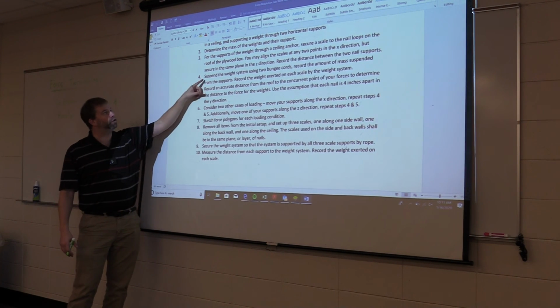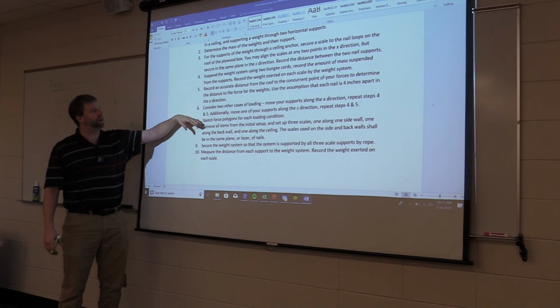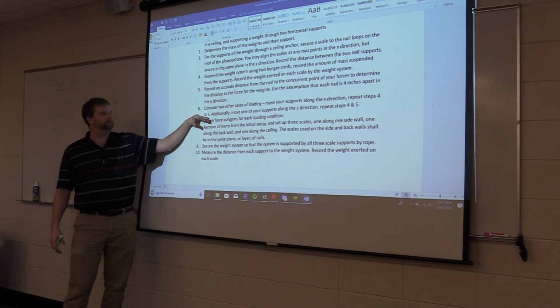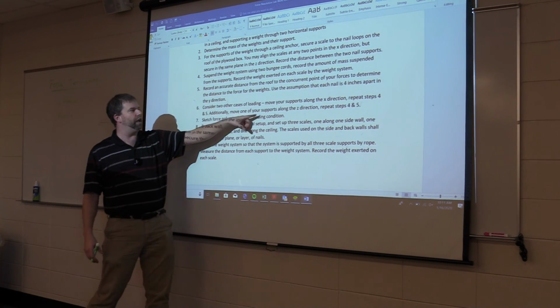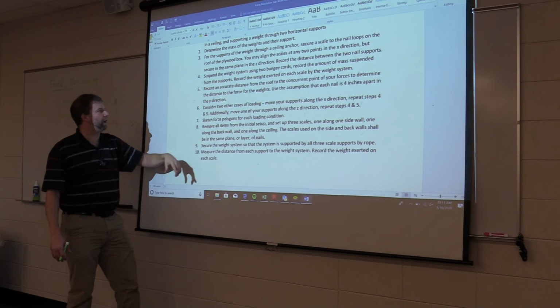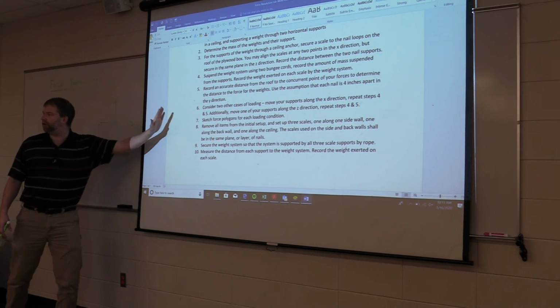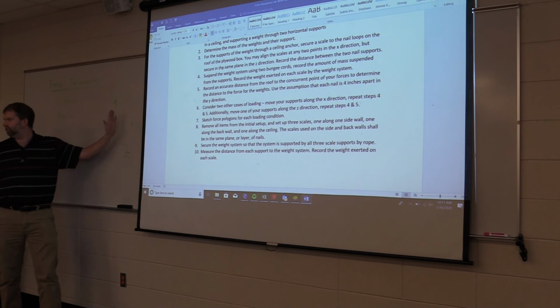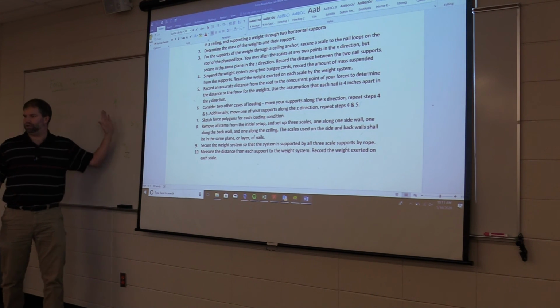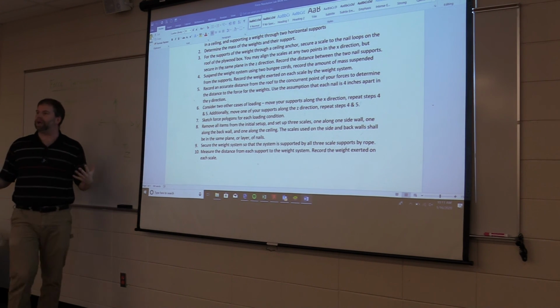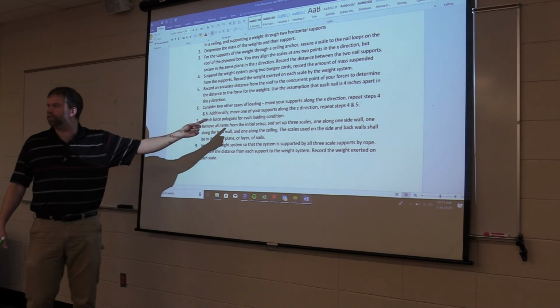And then after you do the first case that is described to you, you'll consider 2 other cases, okay? All you're going to do is move your supports along the X direction. You're just going to move your supports farther apart or closer together to see what that does to your loading conditions, okay? And think about it conceptually, okay? When we talked about that force polygon,